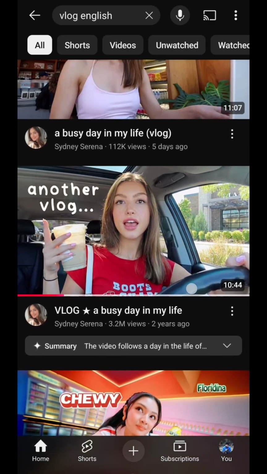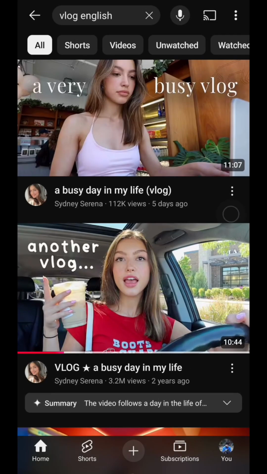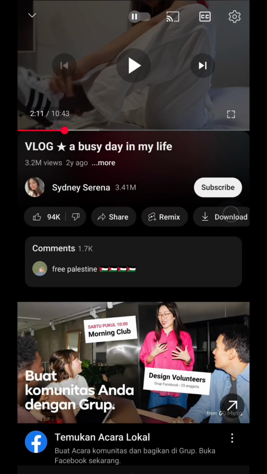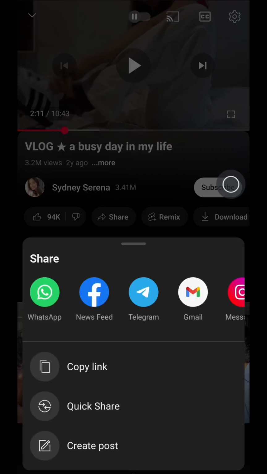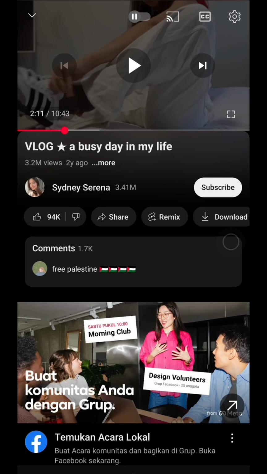You can grab it from YouTube. Just find the video that you like, and then copy the link. Just tap on share and then copy link. Next, just open your browser